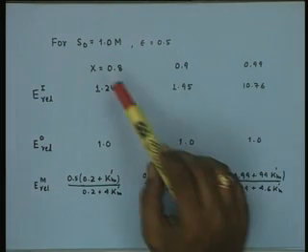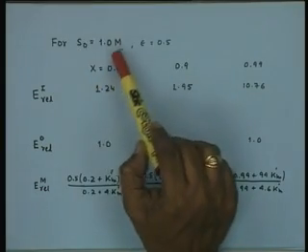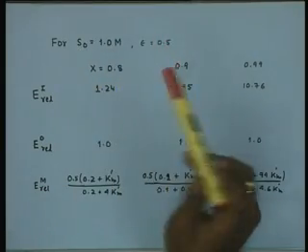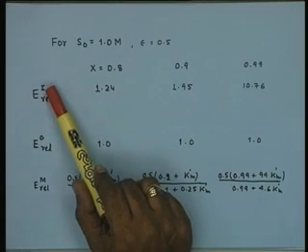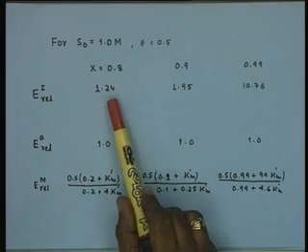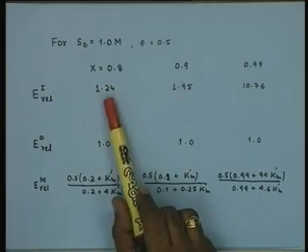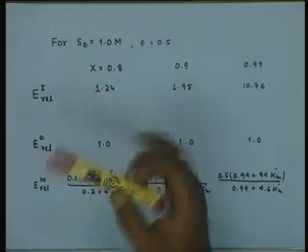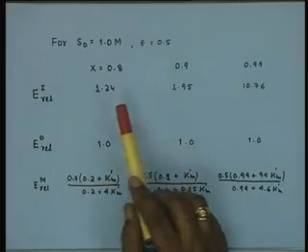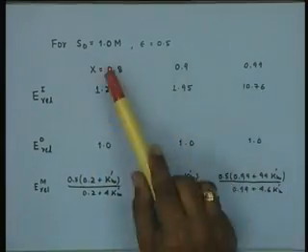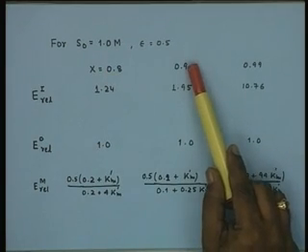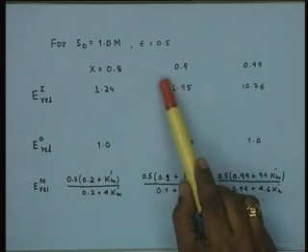So, under those conditions, and assuming S0 is equal to 1 molar and epsilon of 0.5, the relative E in the case of a first order enzyme at 0.8 is 1.24. Let them be in arbitrary units, do not bother about units, these are just relative ratios. As soon as you go to 0.9 conversion, the relative quantity of enzyme required is 1.95,